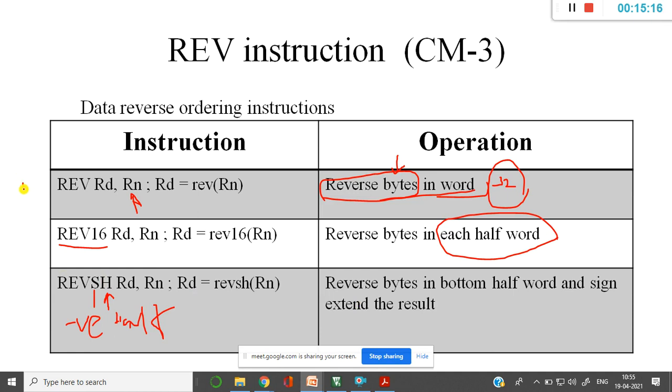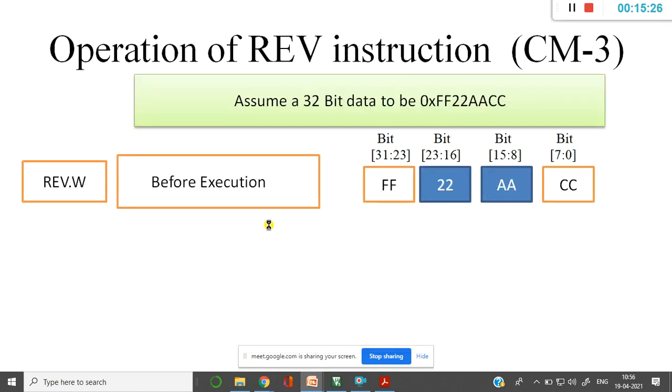Now we will see the operation on individual registers and how the output is going to vary in each case. Now let me assume the data to be 32-bit data, FF22AACC.